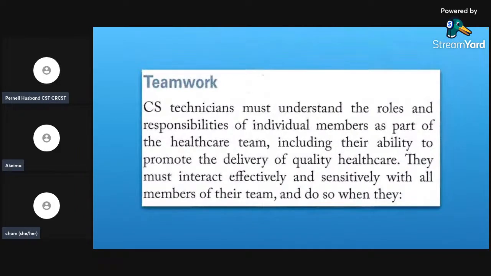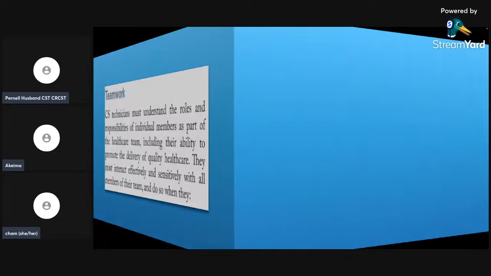Teamwork. Technicians must understand their roles and responsibilities as individual members of the healthcare team, including their ability to promote the delivery of quality healthcare. They must interact effectively and sensitively with all members of their team, and you do so when